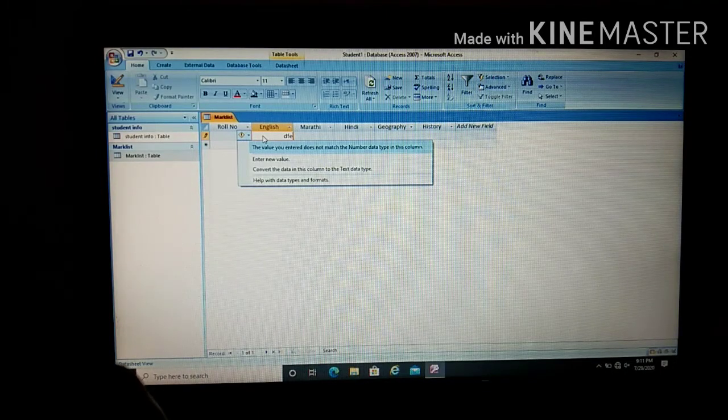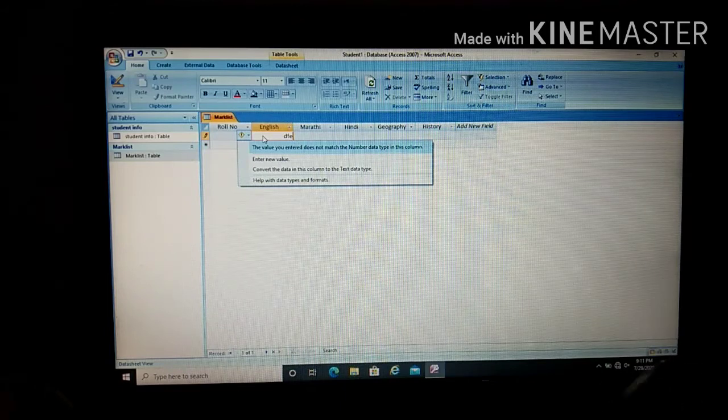When you set the data type, your computer doesn't accept any other type of value in that field, because you restricted it to the number data type. So if a user by mistake enters a wrong value, your computer doesn't accept it.